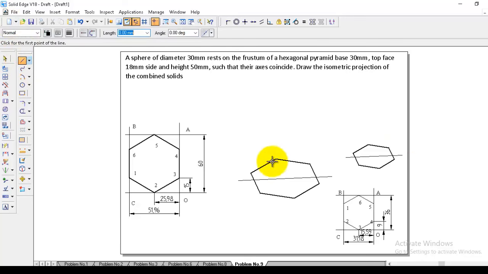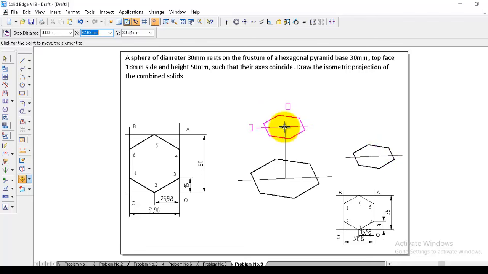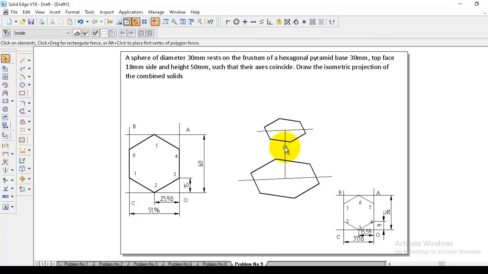Now they have given the height between the top face and the bottom face. They have given the height is 50. So enter the height 50 and give the angle 90. Now go to remove of the copy. Select this top face, and from the midpoint you pick it and place it on top of this. After placing, you can delete this line. It is not needed. And here also this one is not needed.